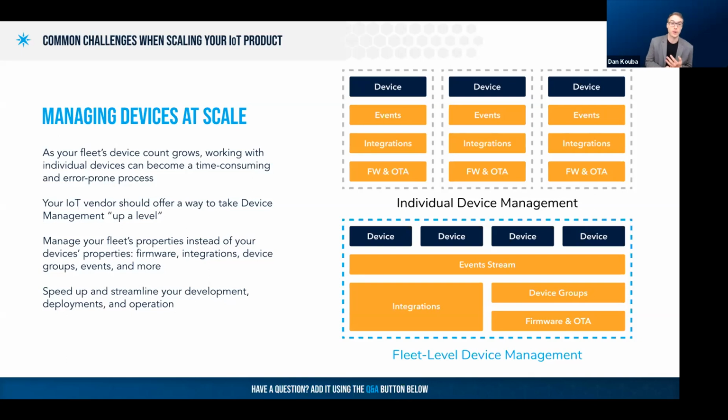So fleet management tools are absolutely going to be a critical piece of any IoT platform or vendor that you go and supply. You want to make sure that they're going to support you in not having you waste a lot of time or spend a lot of time on device management. This should be an easy process. So as you're evaluating IoT platforms, look for features like this. This is really going to save your operations team, your development team, and your support team a lot of time.